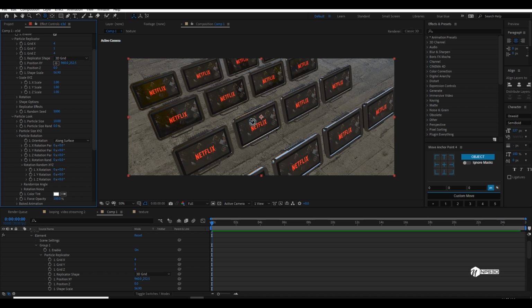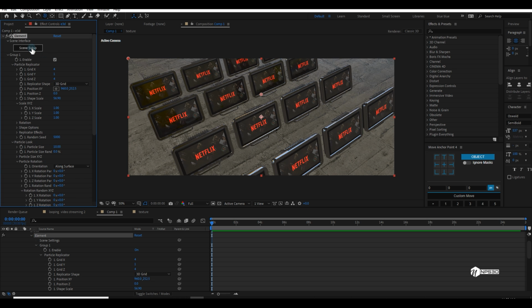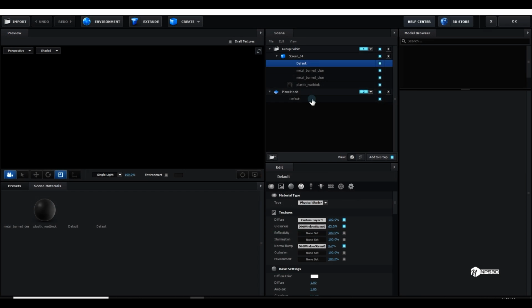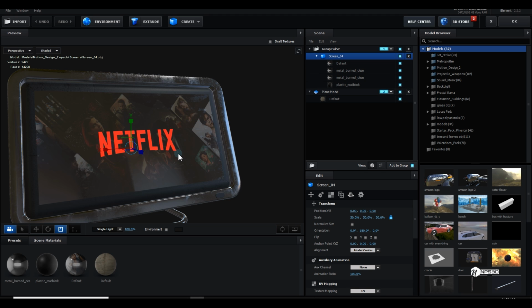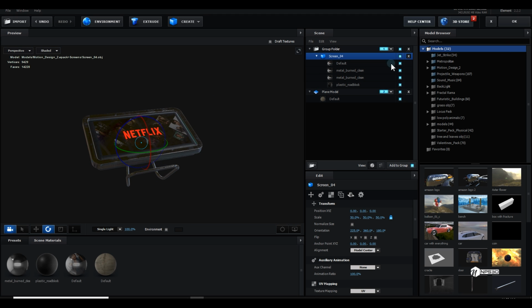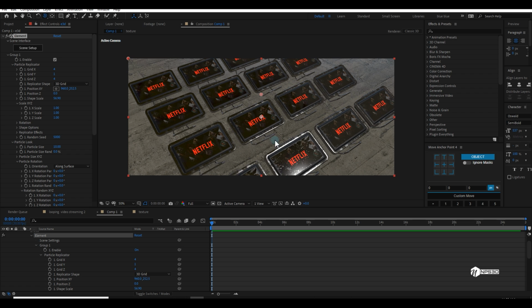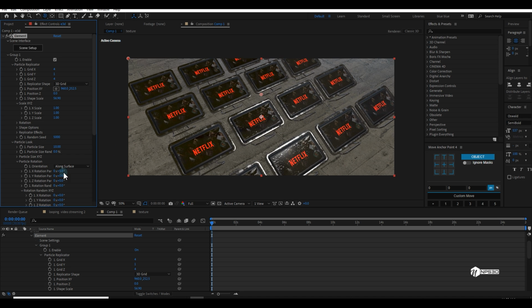And if you want to rotate this, I will go to the scene setup and I will make the screen this way, right? And then I will just rotate them.